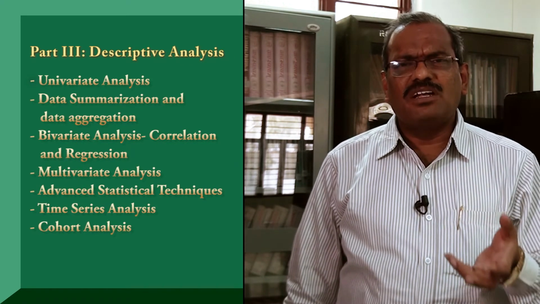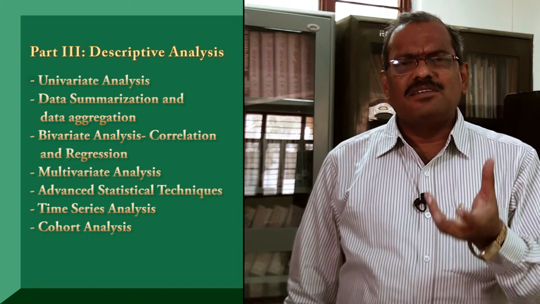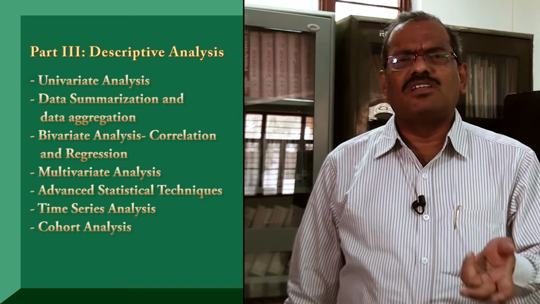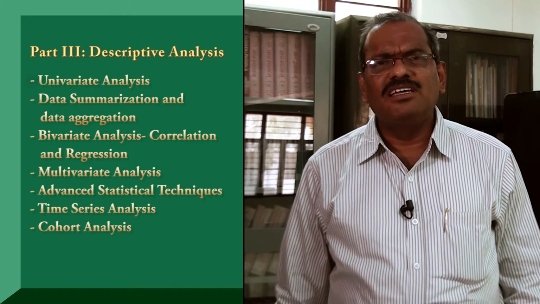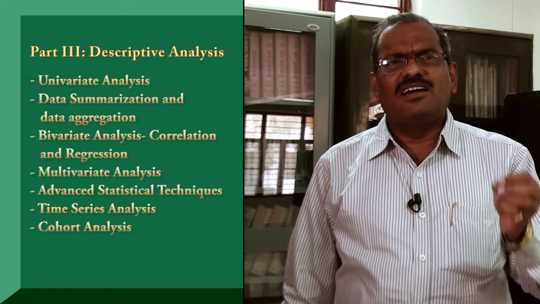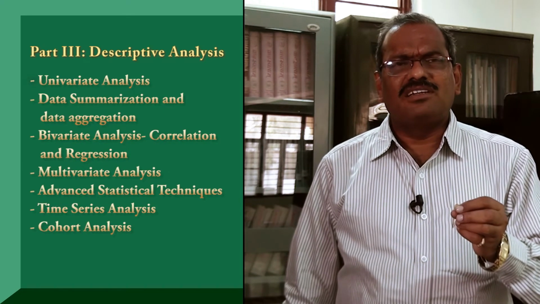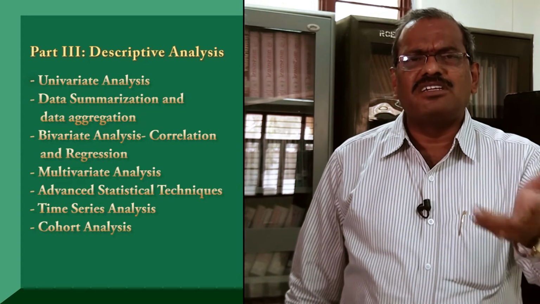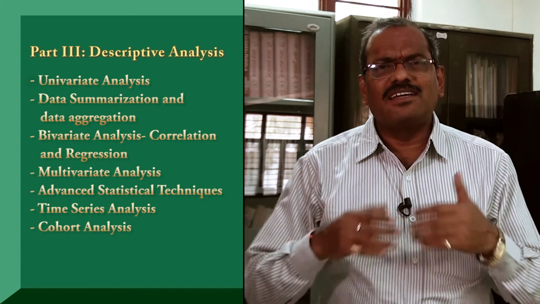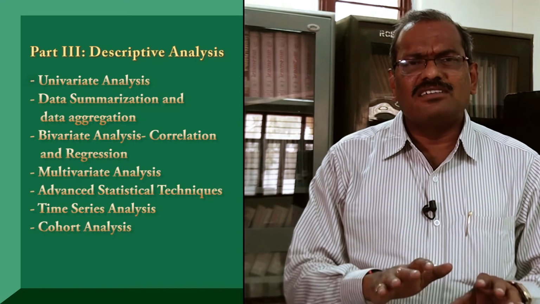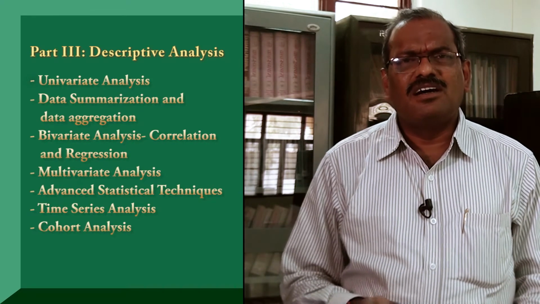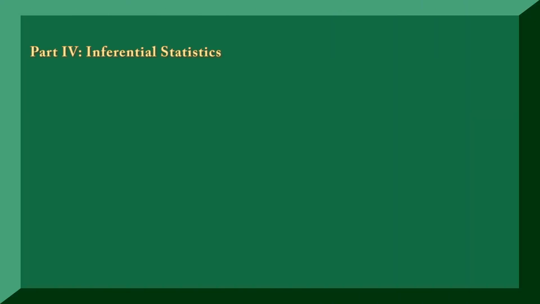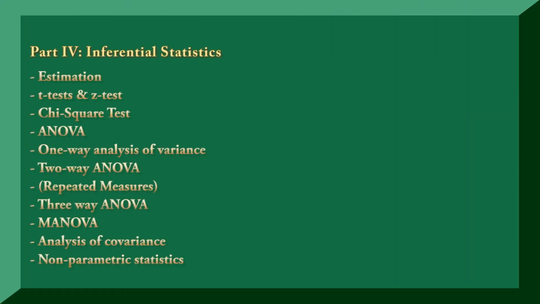Apart from this, we are also going to discuss, if there are 2 variables, what kind of relationship exists between the 2 or more variables. For that purpose, we study bivariate correlation and multivariate correlation. And in order to use the value of the regression for the purpose of prediction, we also discuss regression, what is bivariate regression and multivariate regression. All these things come under the third part, and the fourth part is majorly emphasizing inferential statistics.